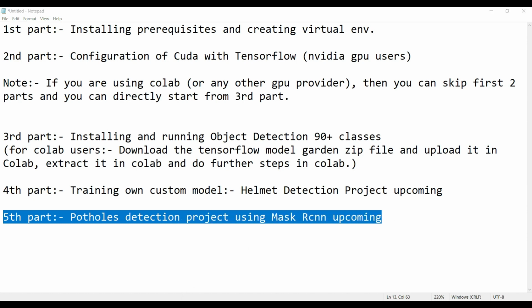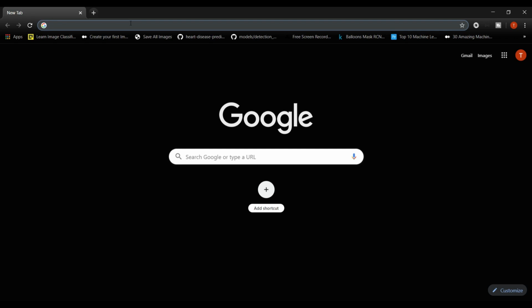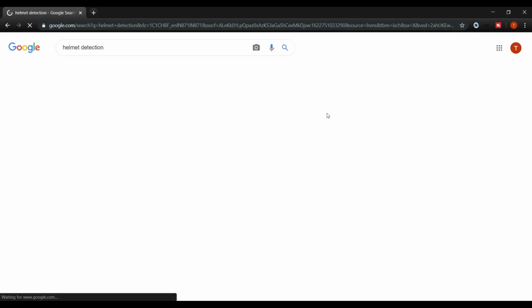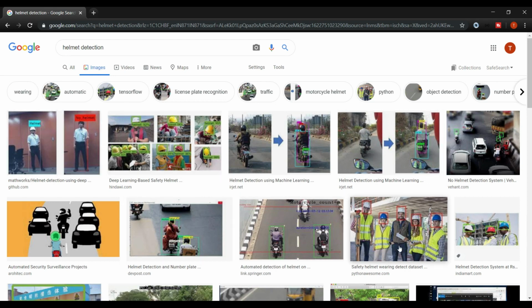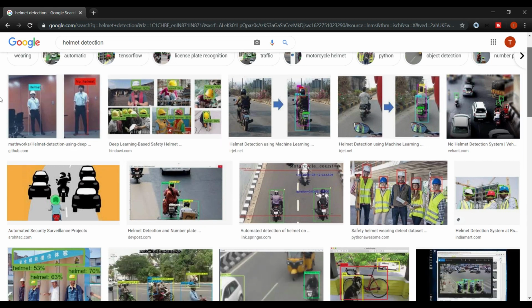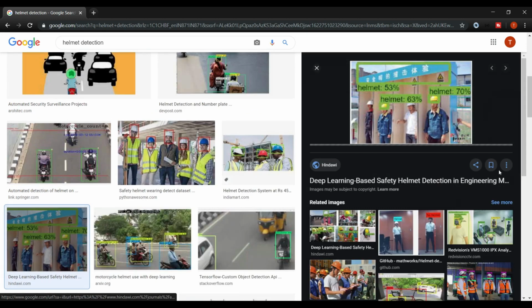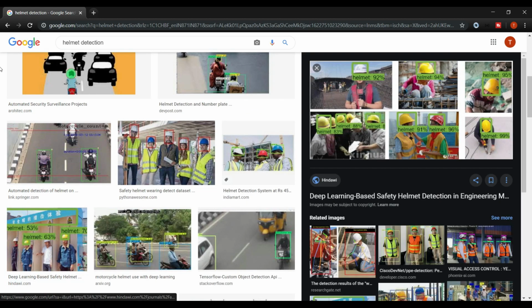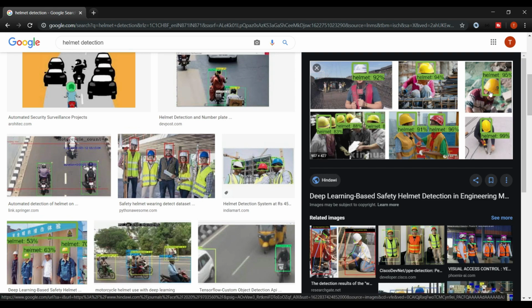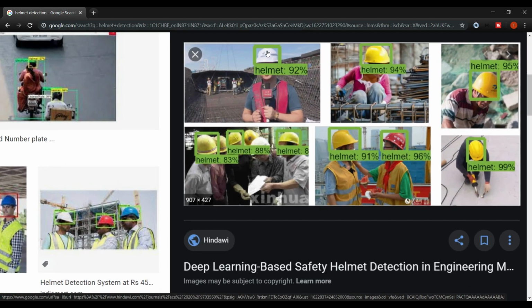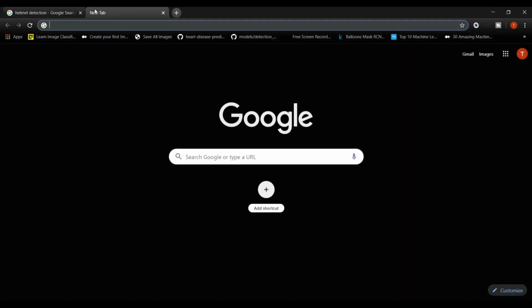Let me tell you the difference. If I go to this helmet detection example, see, the helmet is getting detected. See, boxes are there, right? We will use the SSD model, single shot detector. You can read about it in our fourth part. And in the fifth part,